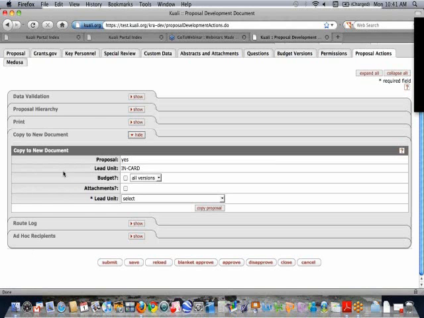So the way that would work is I can make a copy of this proposal. I can opt to include all of the budget versions. Right now I don't have a final budget version created in this proposal, but I could theoretically